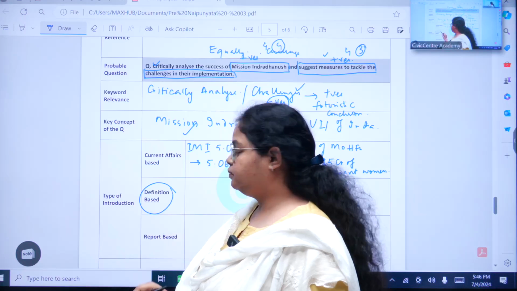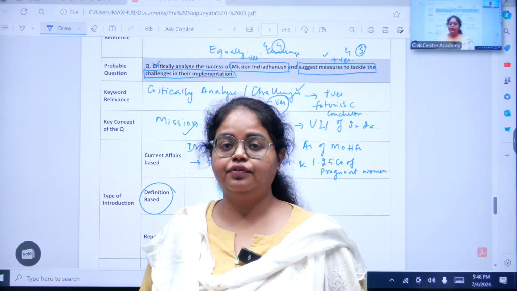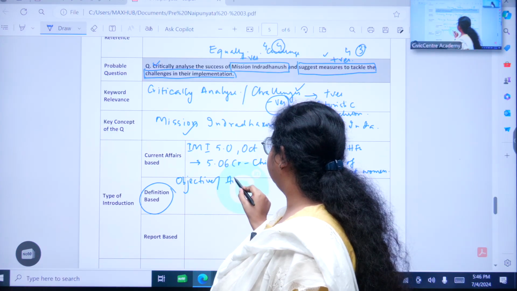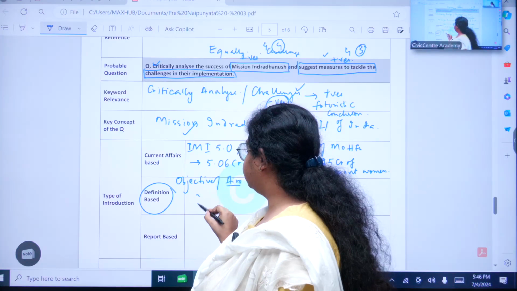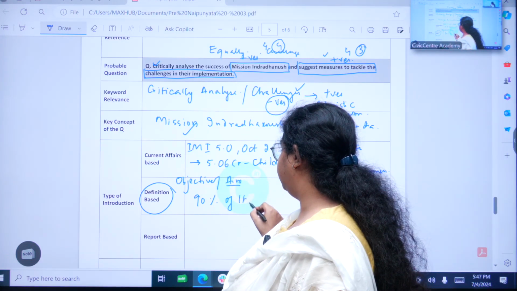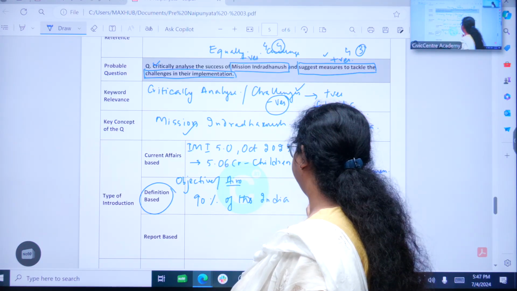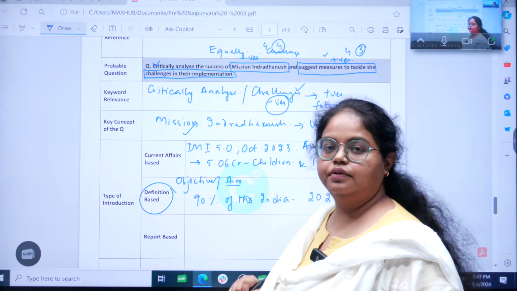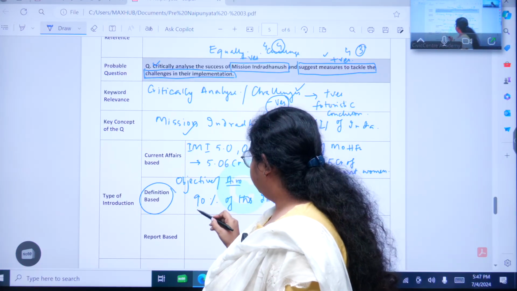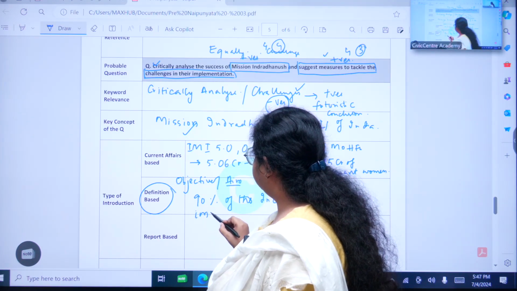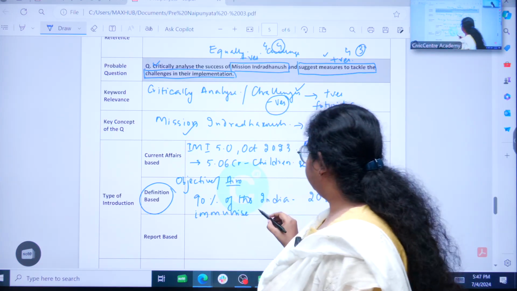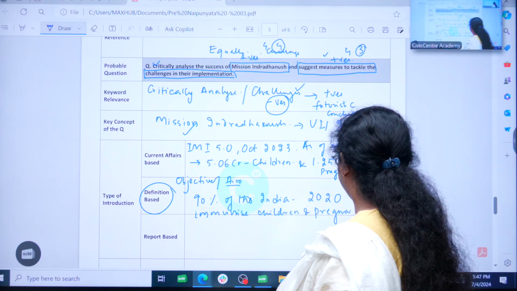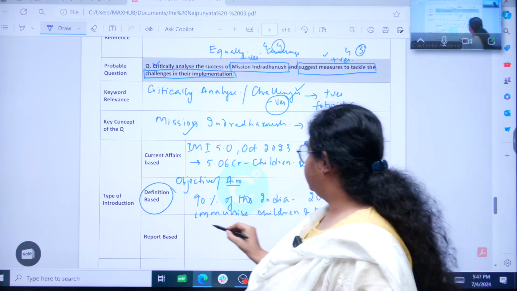Next, definition based. Do we have a definition for a mission? No. But what do we have? We have the objective or aim of a mission. Now, what is the aim of Mission Indradhanush? To immunize 90% of the population of India completely by 2020. This was the objective. What was the aim? Again, the aim is to immunize children and pregnant women completely,